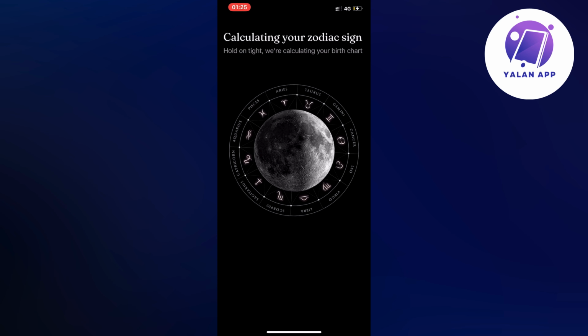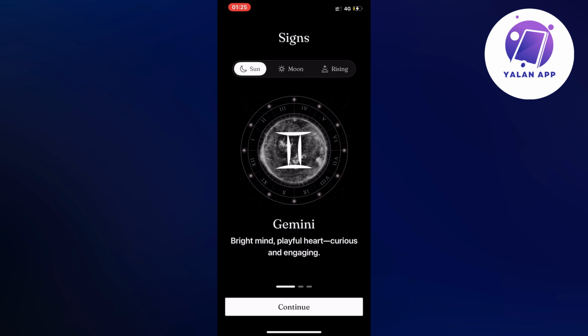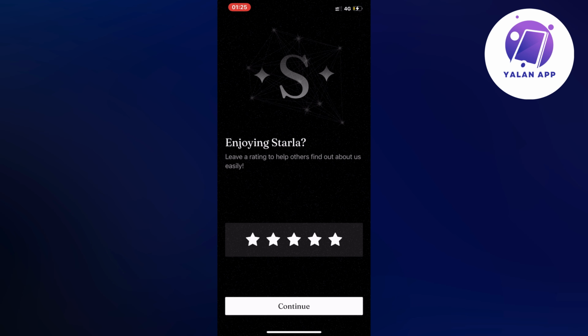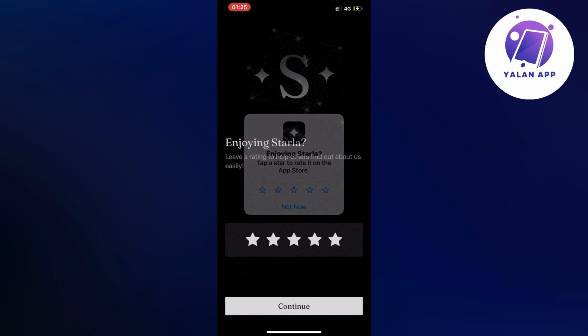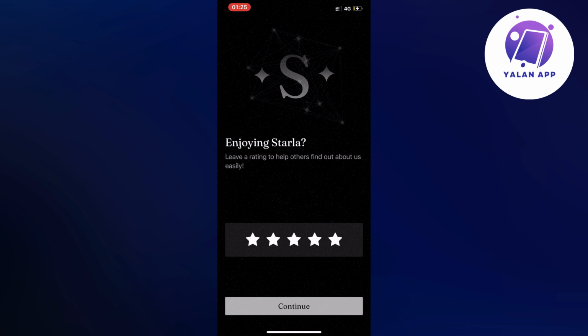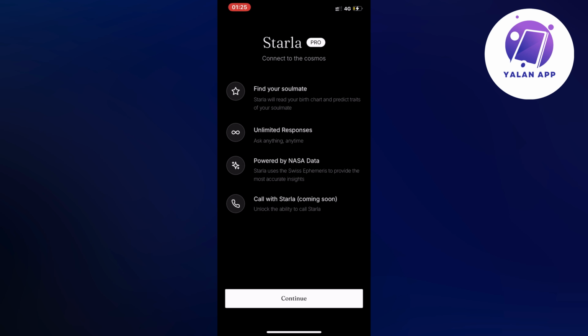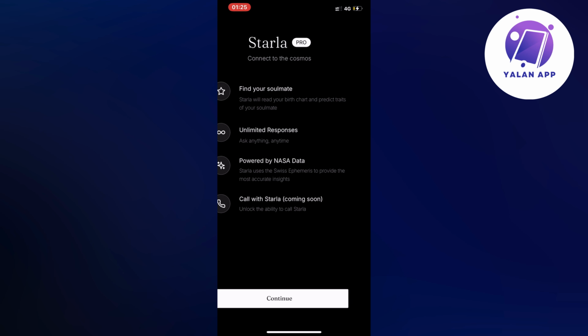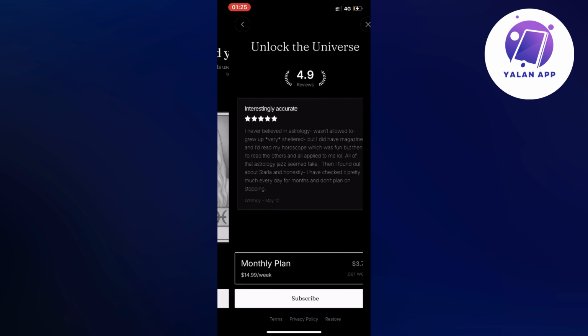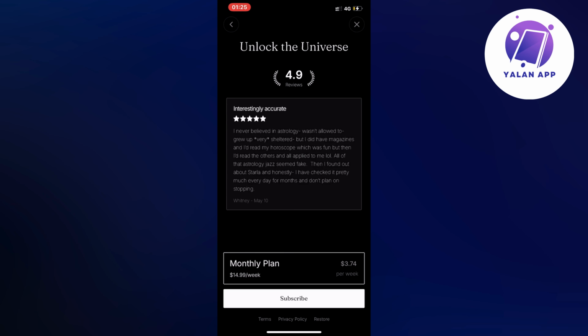And then it's going to now calculate our zodiac sign. As you can see, now I'm going to click on continue. I'm going to click on continue here once again. Just going to click on not now. Continue and then continue. And as you can see, we have to click on continue here once again. Then again. And yeah, as you can see, we actually have to unfortunately subscribe to be able to actually view